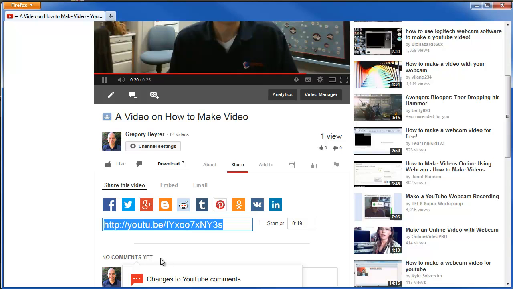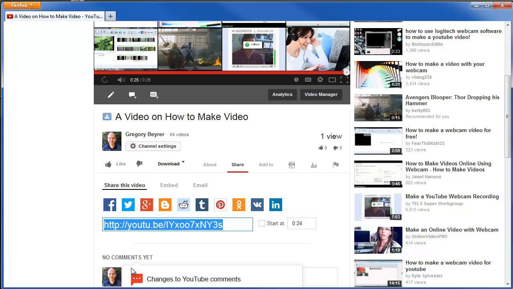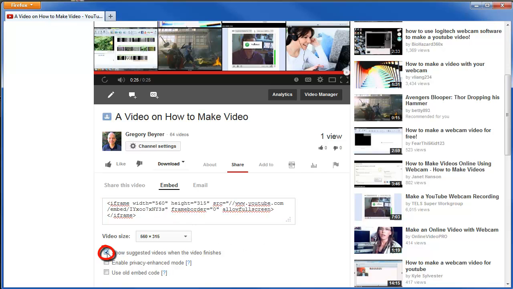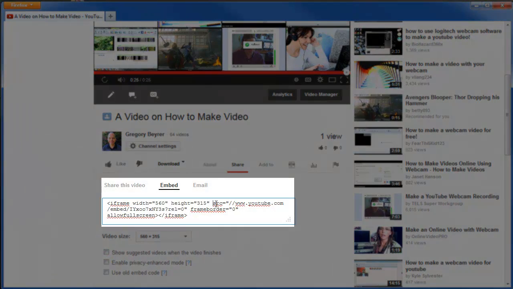And there are two ways I can share. One is to grab the URL here and share this with my students or participants. The second is I can click on the embed link and I can grab this embed code. There are a couple of things that I like to check off. One is to turn off the switch to show suggested videos. And the second is in the SRC part of the code